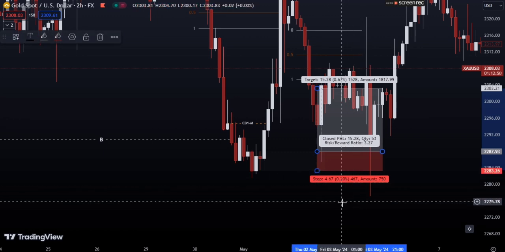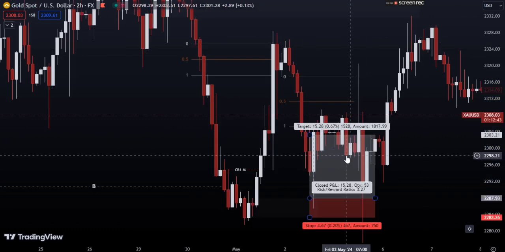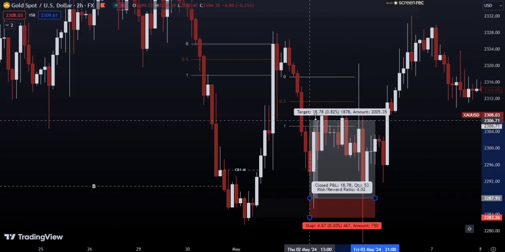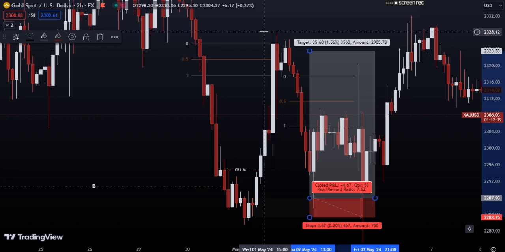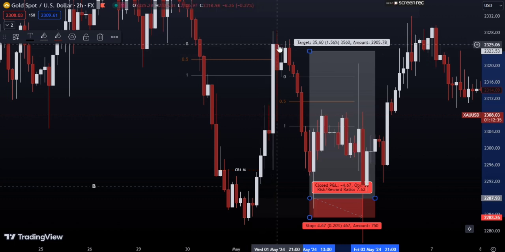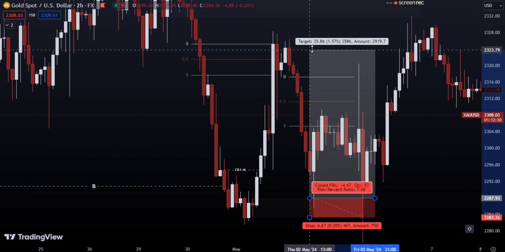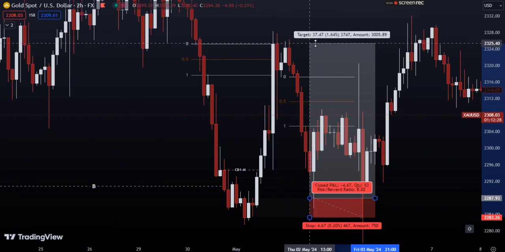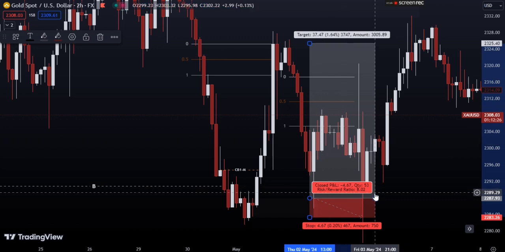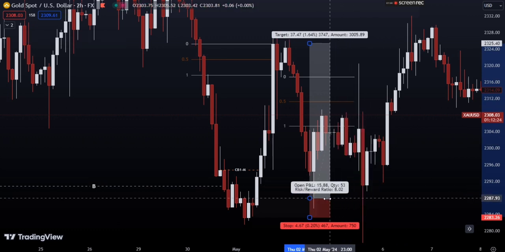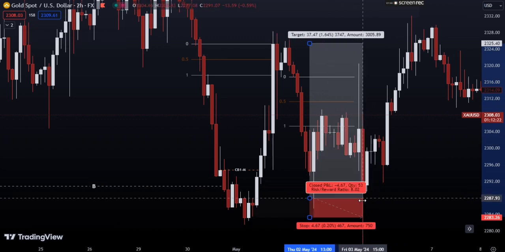Although I don't risk 4 pips, 4.67 pips, or 46.7 handles, so ticks is not good. For me, I don't really trade it. But that's the way it goes. If you want to trade it, that's how you have to go by it. You don't put it here, which is the swing high. You put it on the momentum close, or the momentum open. You put it exactly there, and then that will be your holy trade.